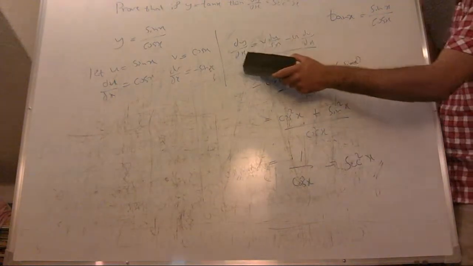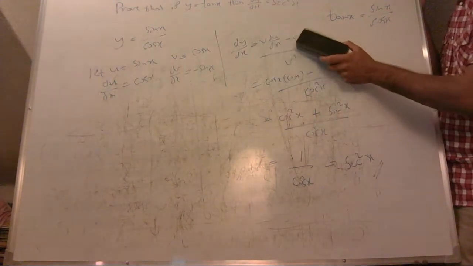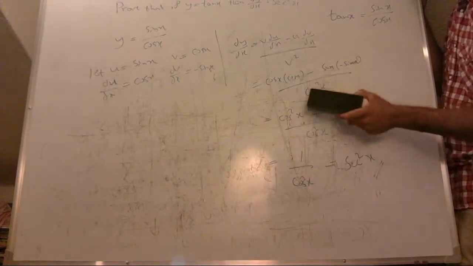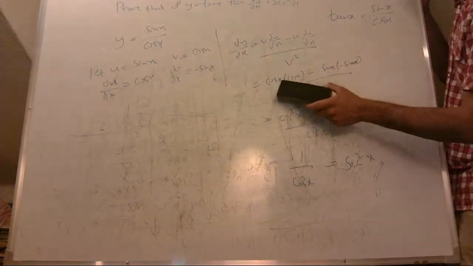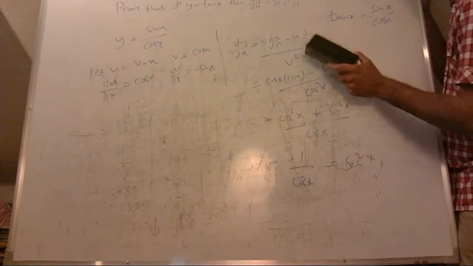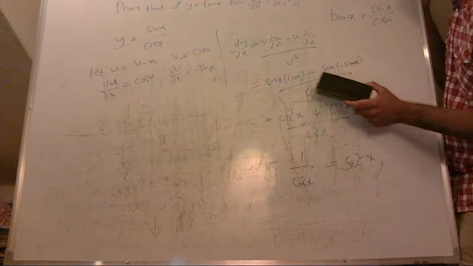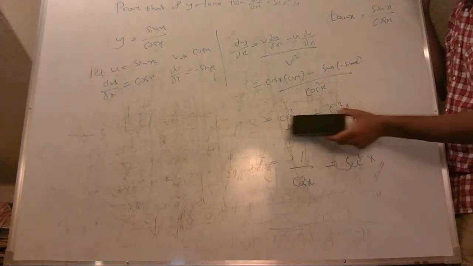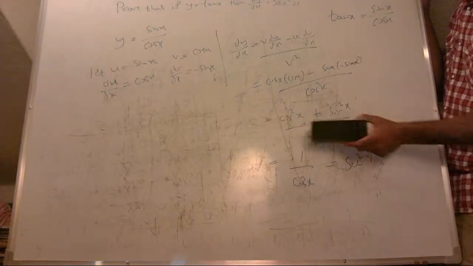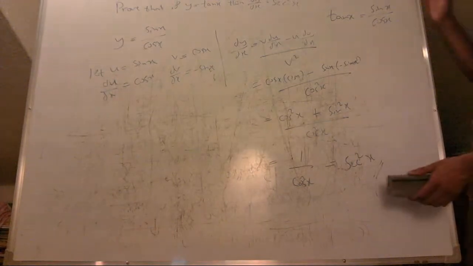So dy dx is equal to v du dx minus u dv dx over v squared. So v du dx is the same as cos times cos, which is cos squared, and u dv dx is sin times minus sin, which is obviously going to be minus sin x, minus sin x, which is plus sin squared x, all over cos squared, and then you simplify and you get the answer. So it's very straightforward. Okay, so